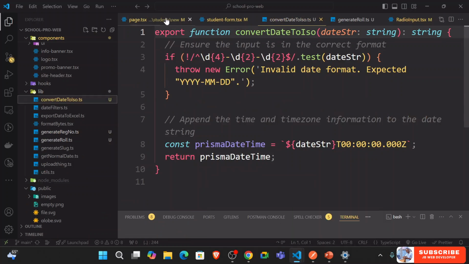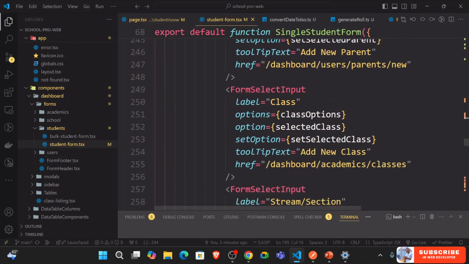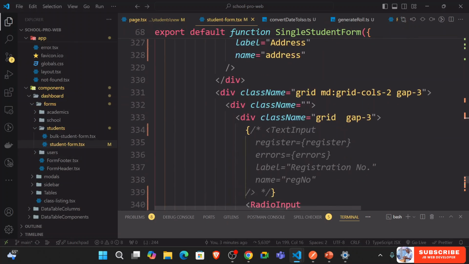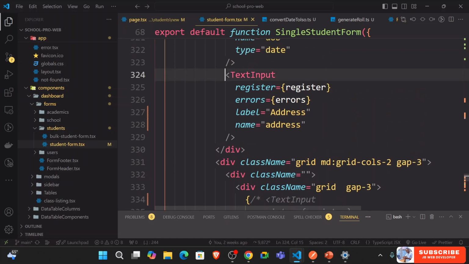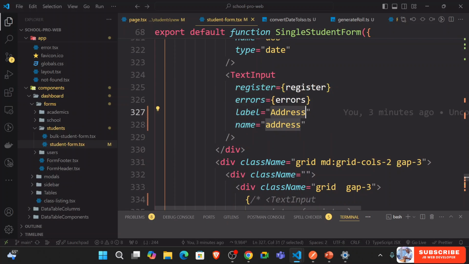So I'm just going to go back to the student form. Just going to scroll down to where we have this address. I'm just going to copy this. I will simply say admission date, and this is going to be admission date,